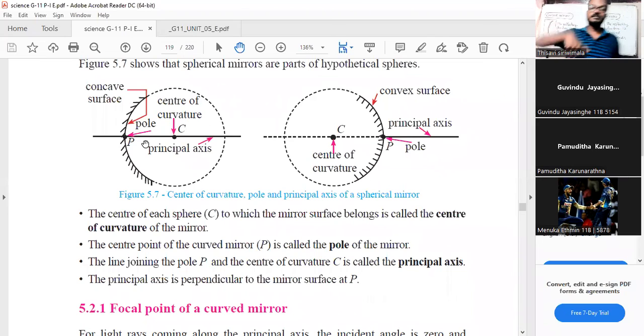The place where the principal axis touches the mirror is called the pole. Again, the same information is there for the convex mirrors. So what you can do is you can draw